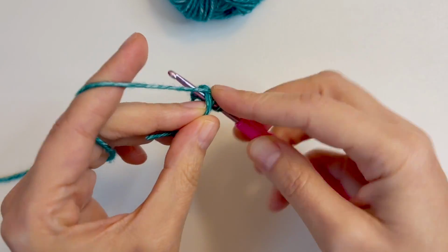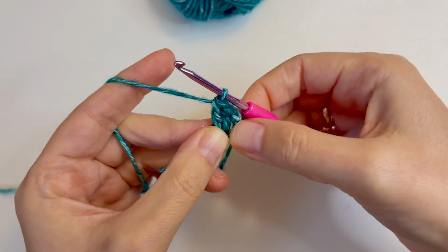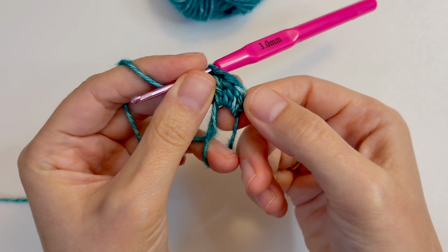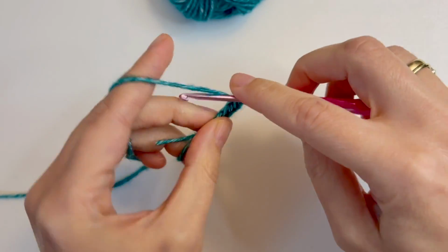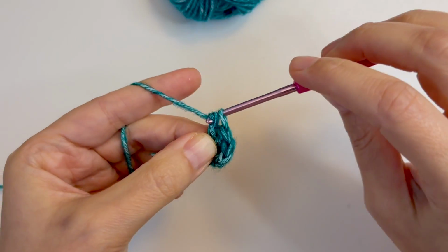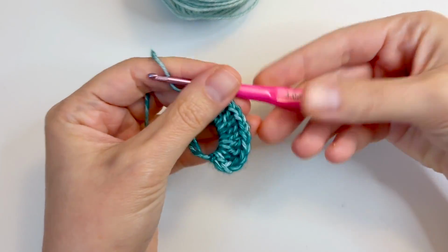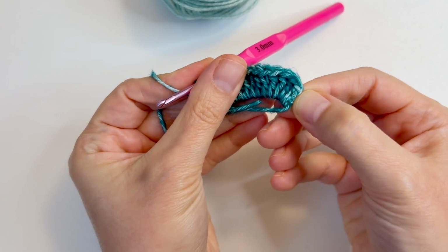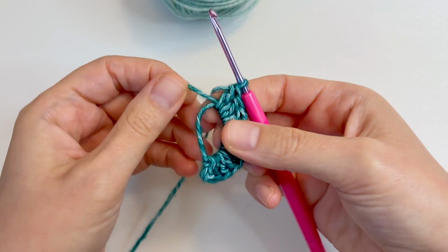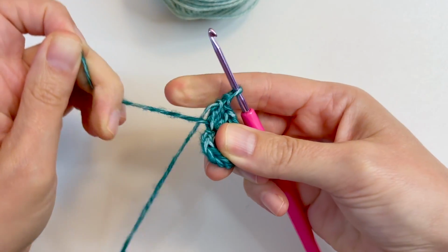We will continue to work double crochets until we have 12, together with this first combination of stitches. I have now 12 double crochets, including this first combination of stitches from the beginning. And now we will close the ring by pulling the yarn,